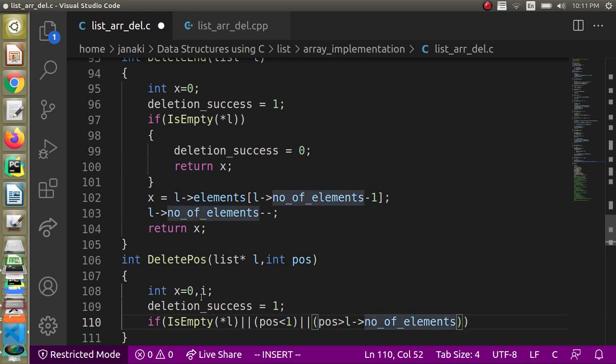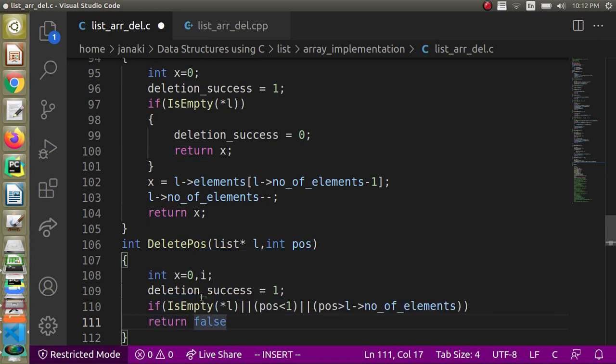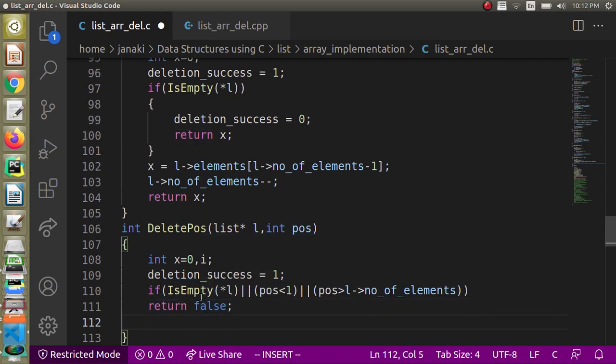Okay. So the position is going to come by human index only. So the maximum value that I can take for position is number of elements. Actually values will be present at indices from 0 to number of elements minus 1, but the position can be up to only number of elements, right? So if the value of position is greater than number of elements, then also you are going to return false. Okay, right, that's what we have to do.